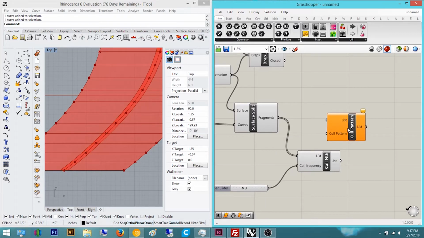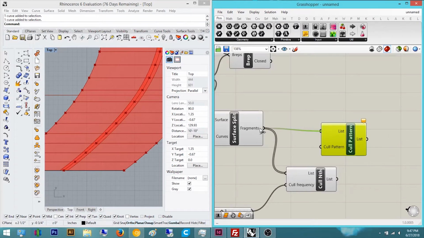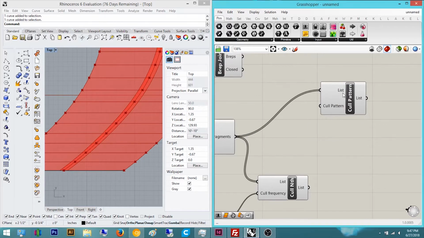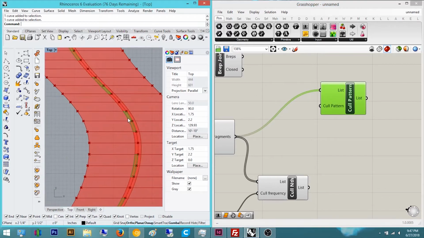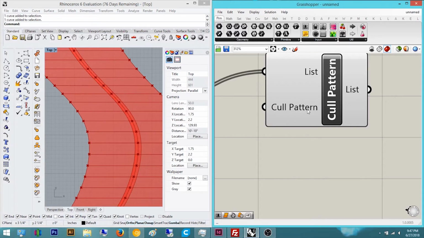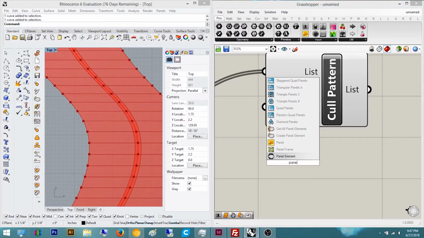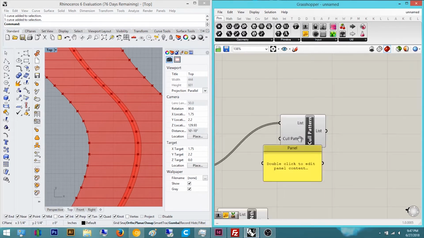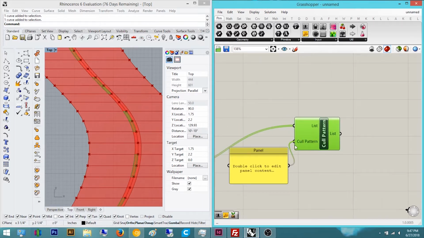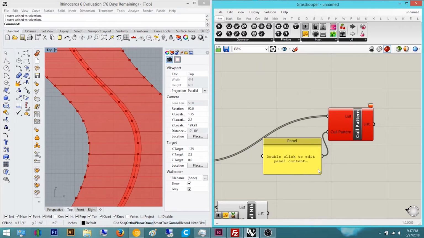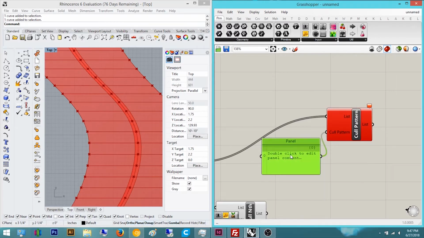And actually I may like that better than call pattern, because call pattern will do this. If I plug this in, with call pattern you can have a decent amount of control as well, because you can do everything based off true falses. So if you want more geometry, just type in 1. You would just do multi-line data, and then if you want 2 trues, 3 trues, and then 0 false, and 1 false, and then